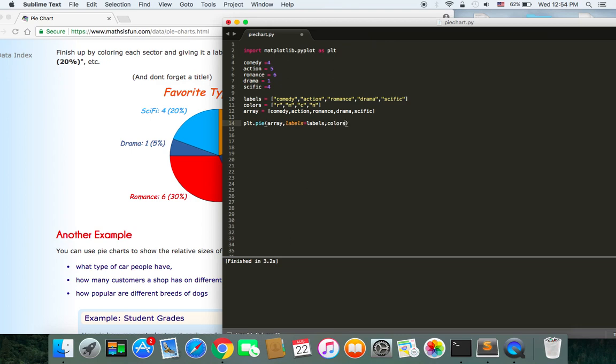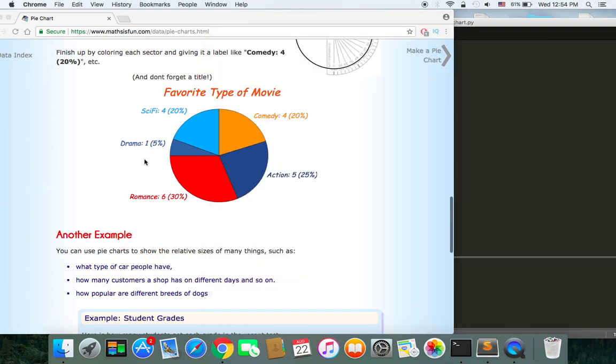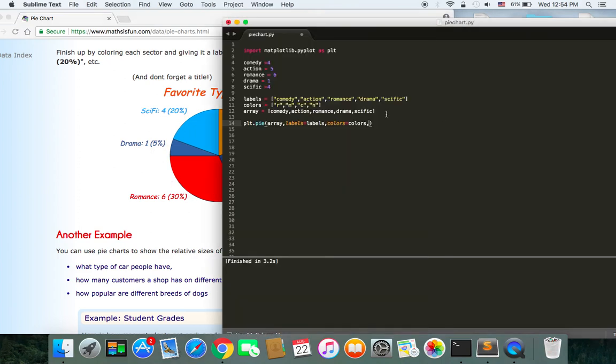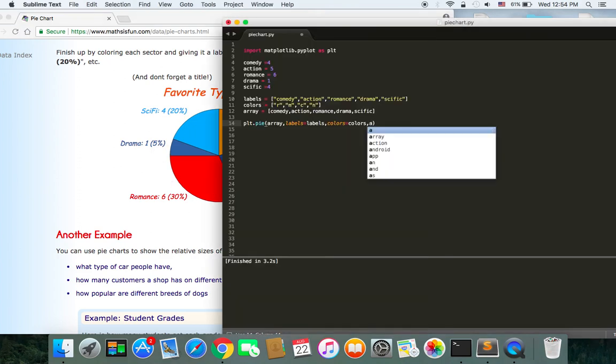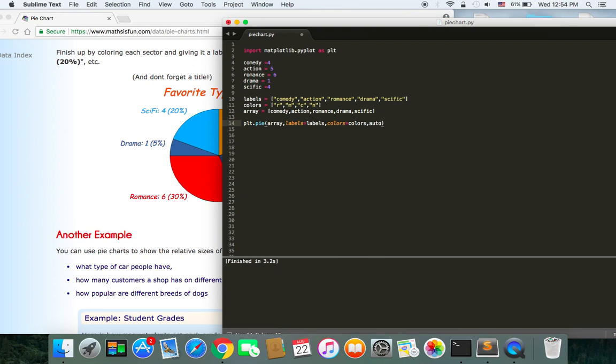So we pass colors equals colors, and the third thing that we need to pass, it's optional, by the way, is the percentage. As you can see, the percentage here, and we use the argument autopct equals